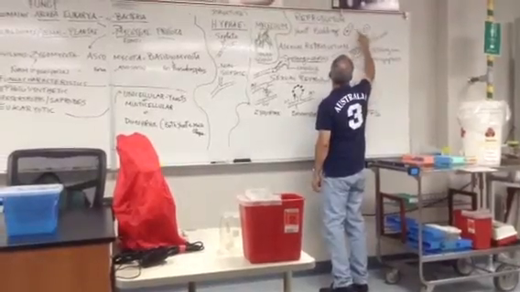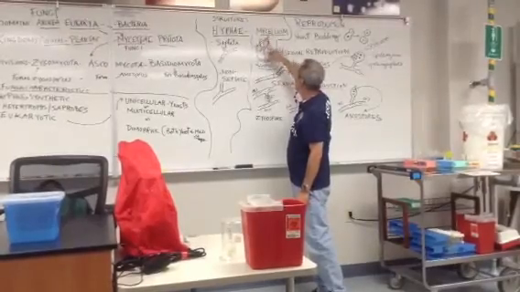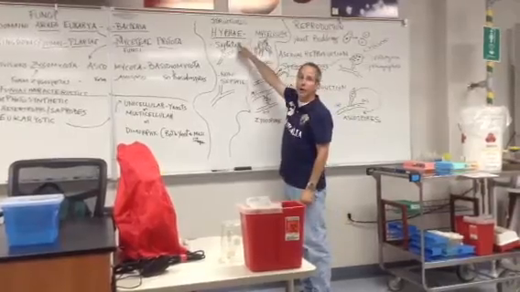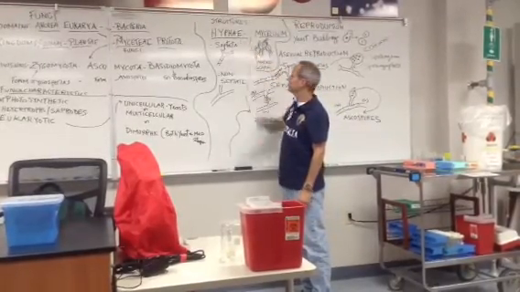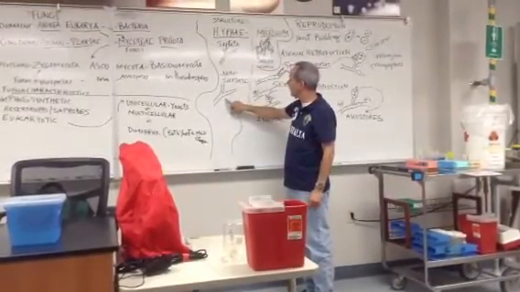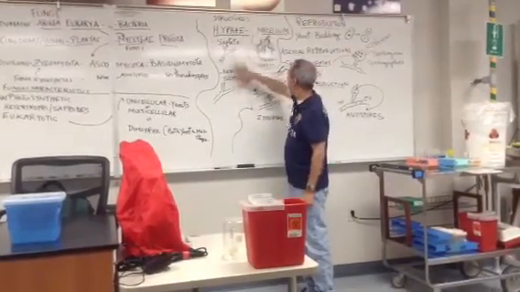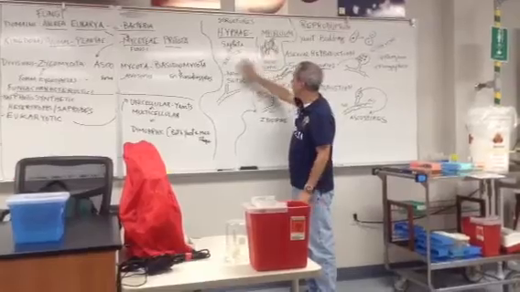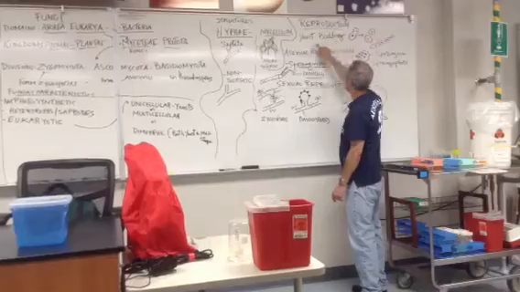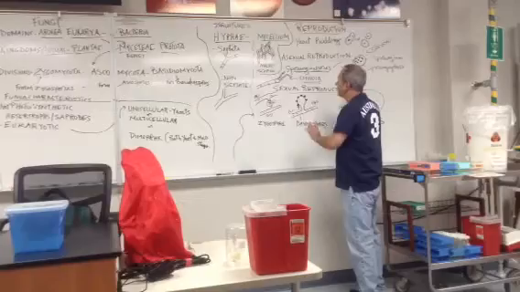Yeast are little round, oval-shaped things, while mold has these types of things. And by the way, this is called mycelium when it's a big mat, but individual strands are called hypha or hyphae. Here's hypha with septums or walls, and here's non-septate hypha that has no walls. So you'll only see these words when it comes to mold, and you'll only see this shape and this word when it comes to yeast. Okay? So that's what we're talking about when we talk about yeast versus mold.